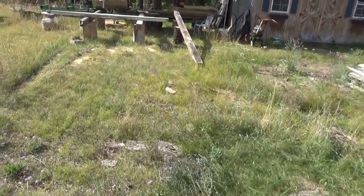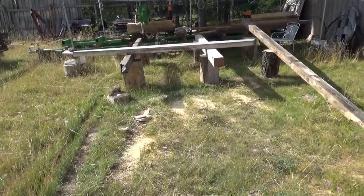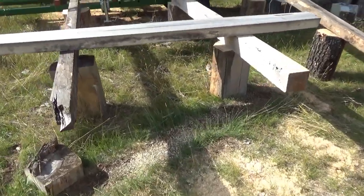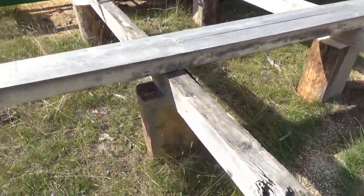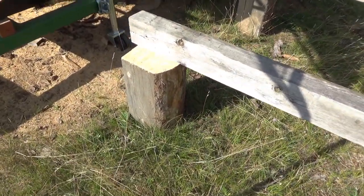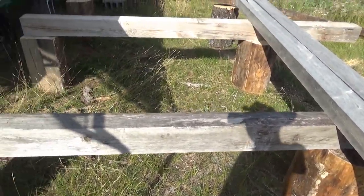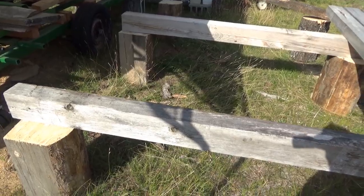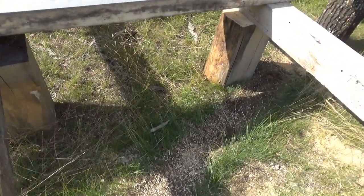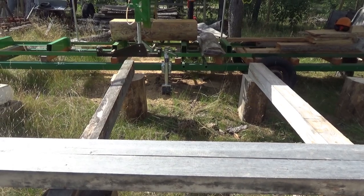Last night, after I closed out the previous video, I decided to get to work on my sawmill loading dock. You may remember that one log had metal in it, so I made good use out of that log. I cut it with a chainsaw to the right height, and I got 5 uprights for my loading dock here. Now the loading dock is going to be lined up to the same height as the